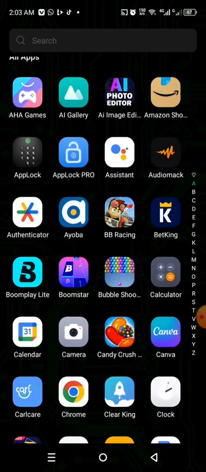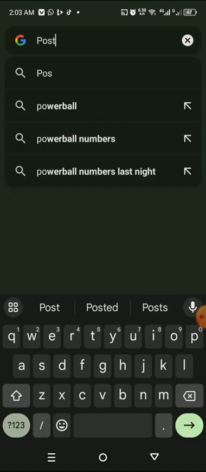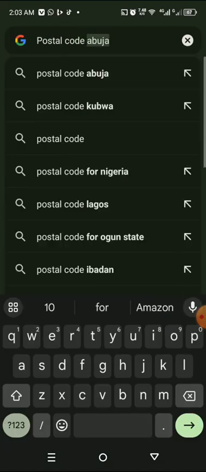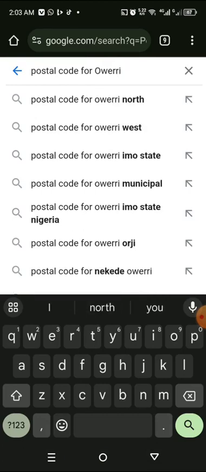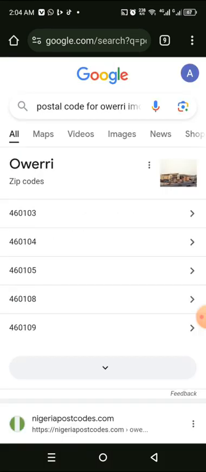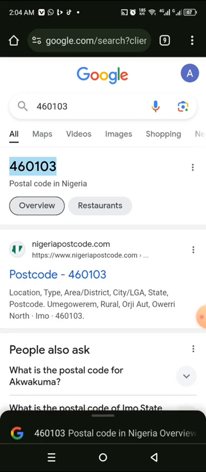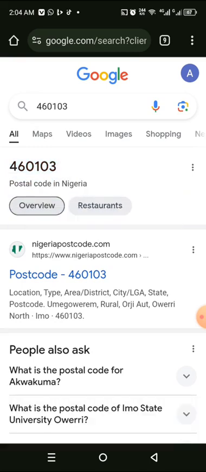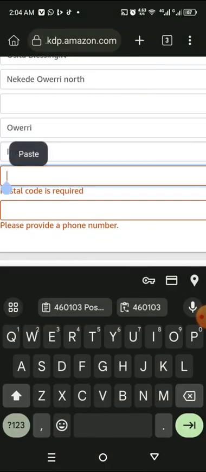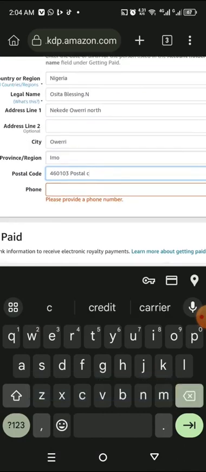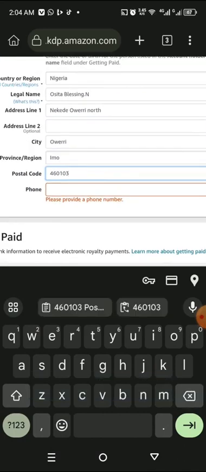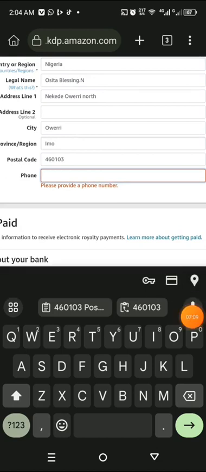Let me use another browser. Type postal code for Owerri. I'm using this one. I'm going to copy it. Come back, paste it. Delete the extra. Phone number. If you are from